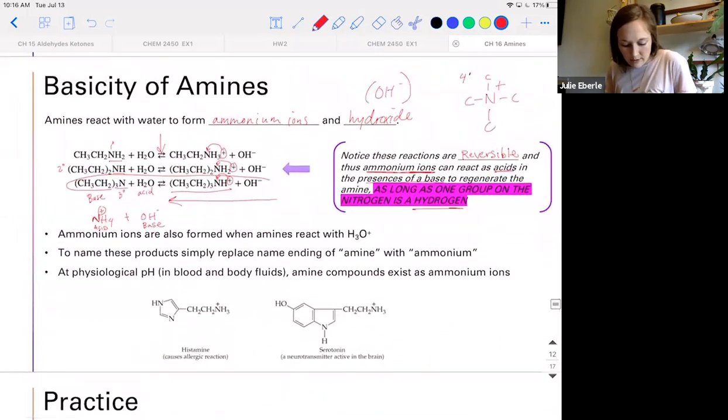What do these other bullet points say? Ammonium ions are also formed when amines react with H3O+. H3O+ is kind of interchangeable with H+, but that's another form of the acid. To name the products here, we simply replace the ending amine; instead of ending it with amine, we call it ammonium. So for example,